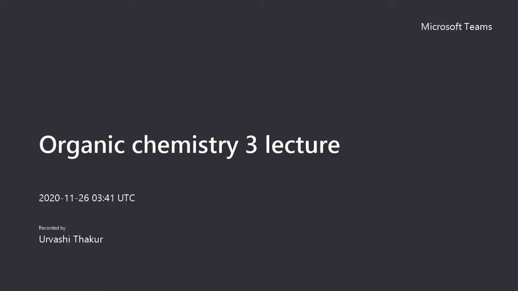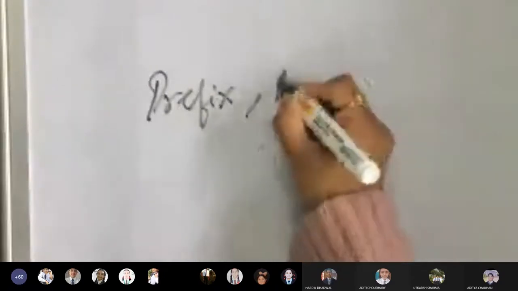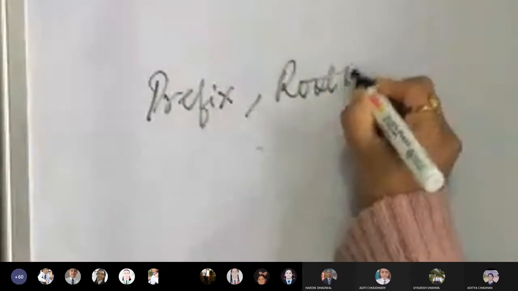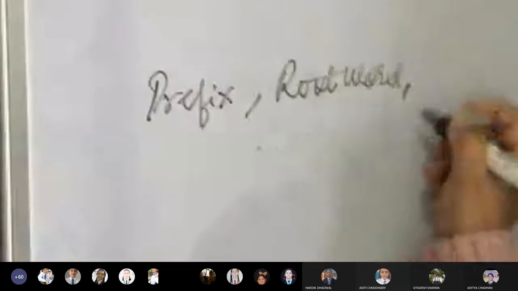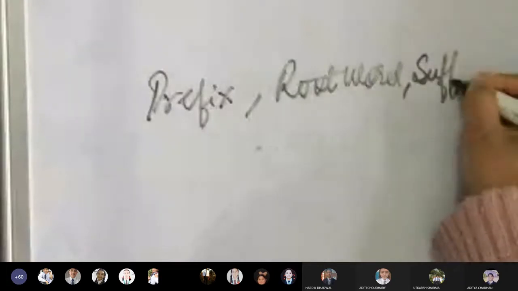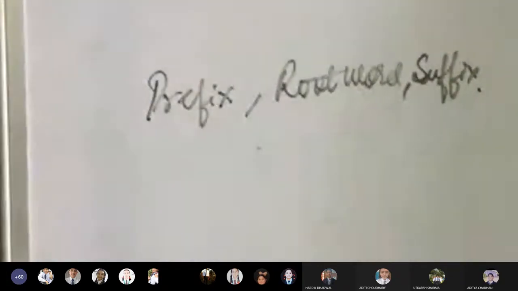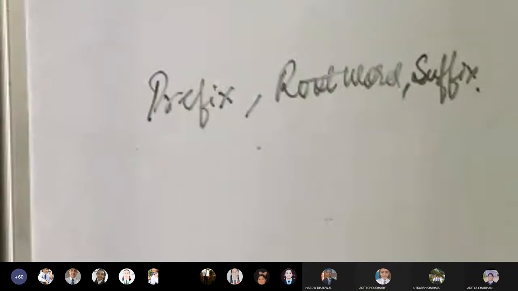have to use today. I have told you earlier also, in naming we use a prefix, then we have to use a root word, and then we have to use a suffix. So we have to come to know today what will be prefixes, how we guess that, or how we select that out of this compound this will be prefix, how we select which is your root word, and how we select which is your suffix.